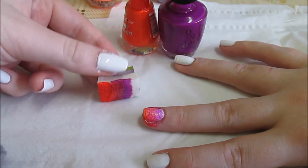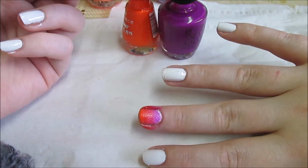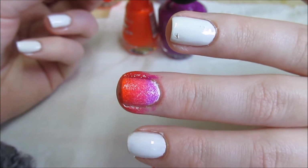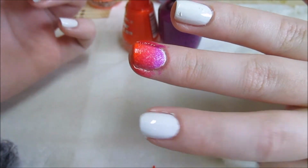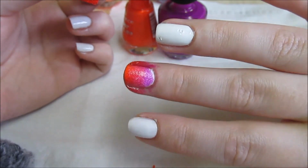Ooh, this is actually giving a nice kind of sunset effect. And don't force it. That is what it's going to look like after its first layer. Don't force it to cover, to be really opaque. You have to slowly add layers, and gradients are time consuming, but they're actually very, very easy, and they have